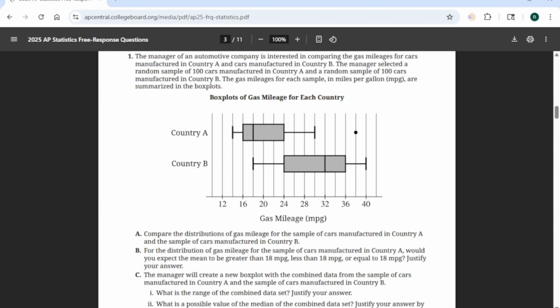So whenever we're asked to compare distributions, we're going to start by making sure that we are using comparison language when we talk about shape, center, spread, and outliers. So you'll notice that we don't just list out the values, we actually directly use comparison words like greater than, less than, about the same. So for our comparison in part A,